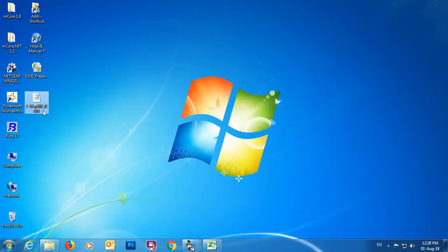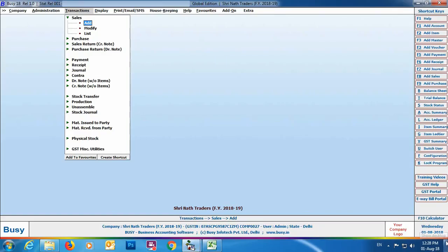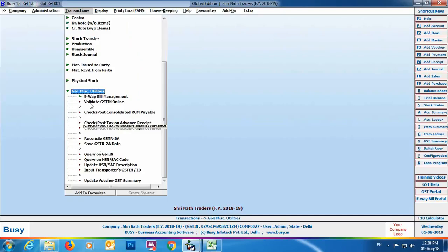Now again the process is same of uploading this file on the government portal. We have already discussed in our earlier part of the presentation. You will upload the JSON file on the government's e-waybill.nic.in website. However, if you want to create file as per government template for multiple vouchers, you can again go to transactions, GST miscellaneous utilities,